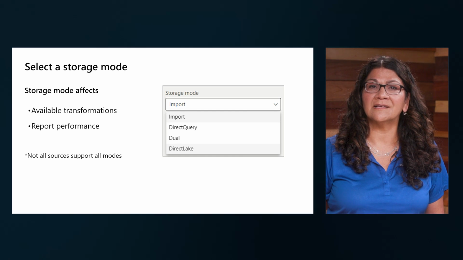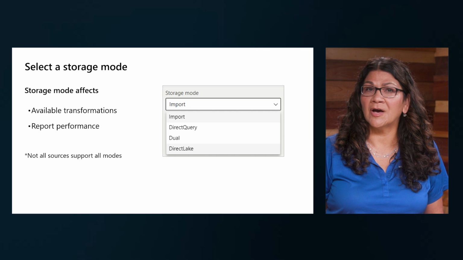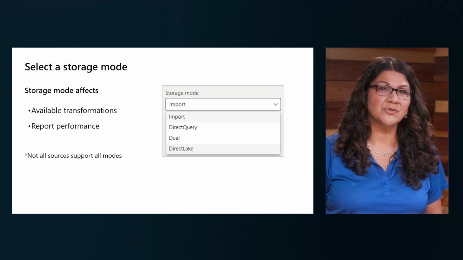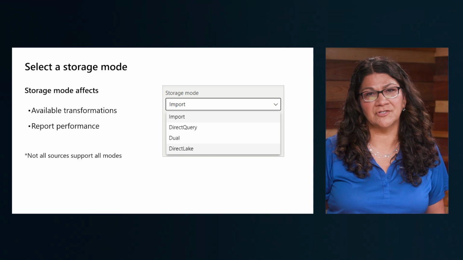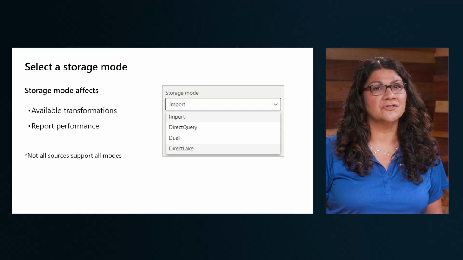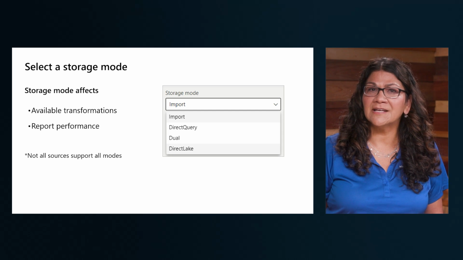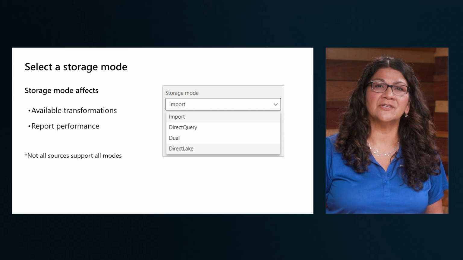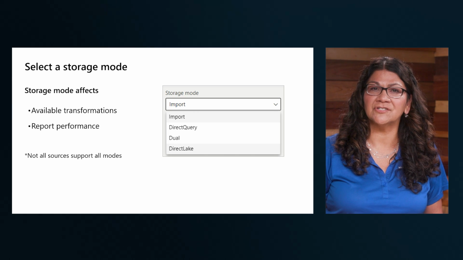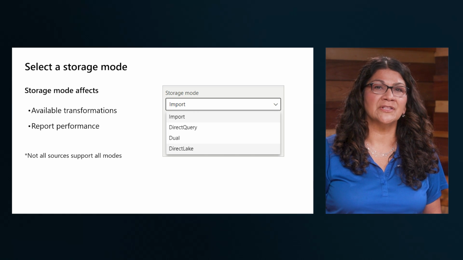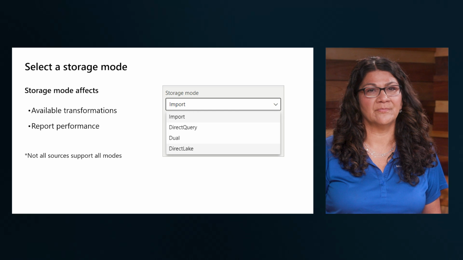Import supports scheduling a semantic model refresh, which we'll talk about a little bit later, and is the best choice for reports that can tolerate 30 minutes or more before a refresh. On the other hand, Direct Query creates a direct connection to the data source, ensuring your data is not cached and that you're always viewing the most up-to-date data.